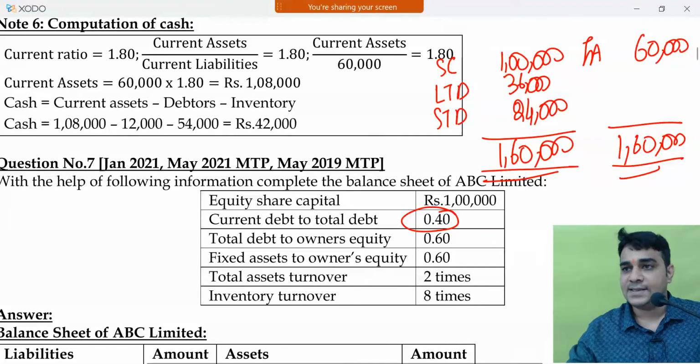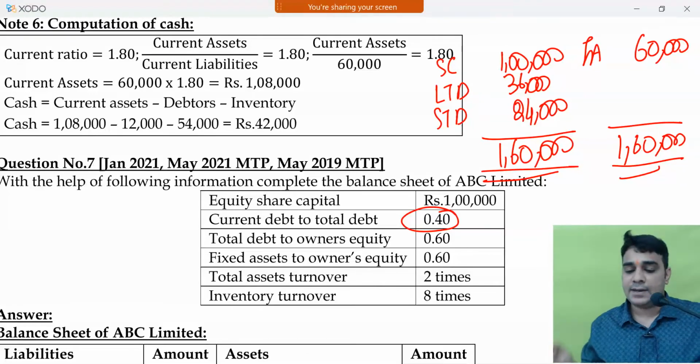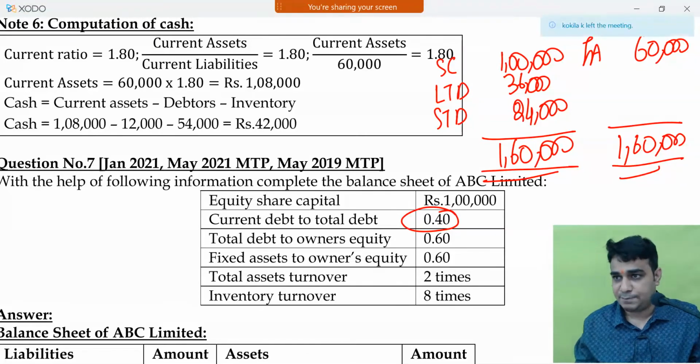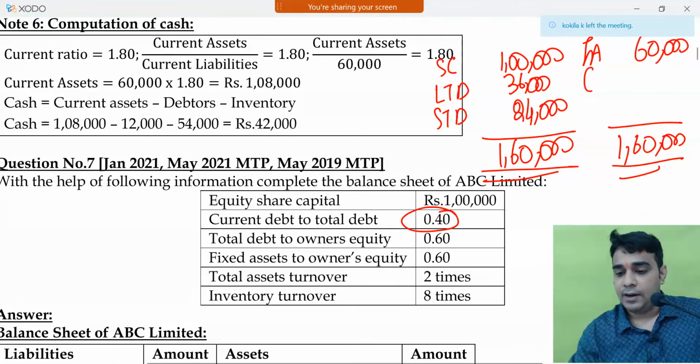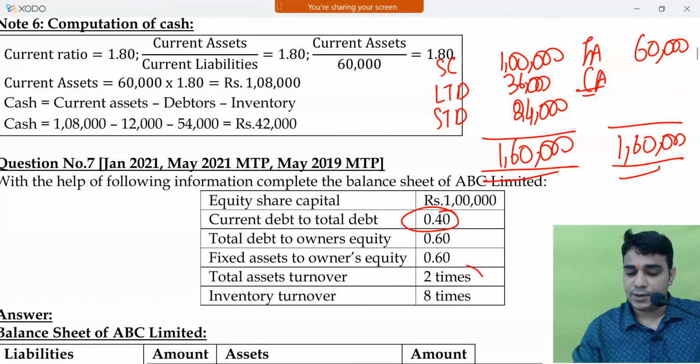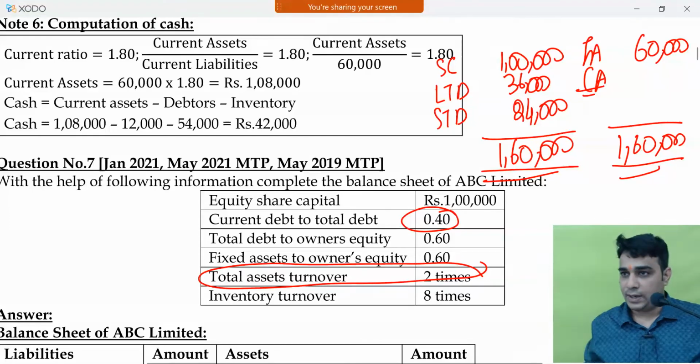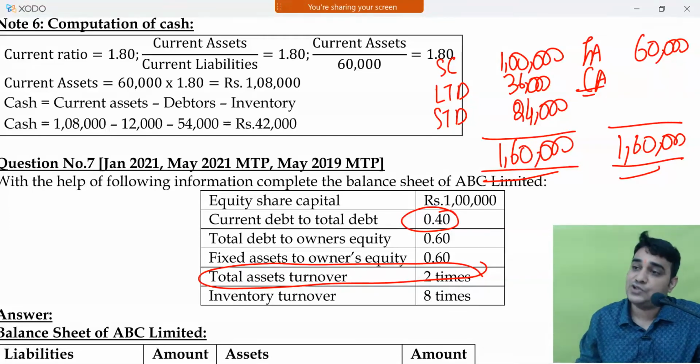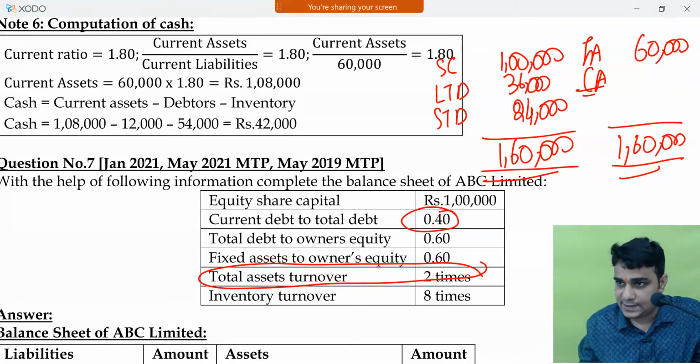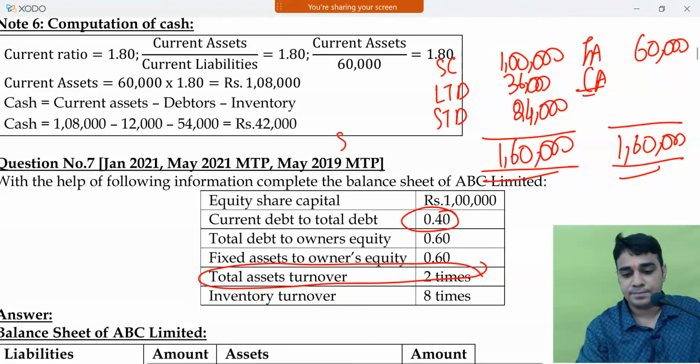I can take a balancing figure of current assets and close it, but current assets can be split. I can split the current asset in this question. Now, they have given total asset turnover is 2 times, which means sales is 2 times of 1,60,000. So, sales is